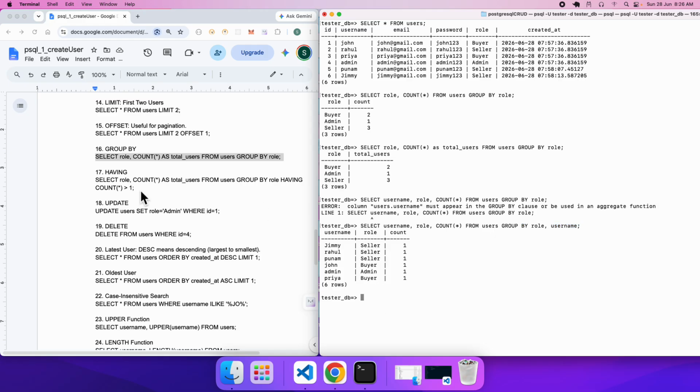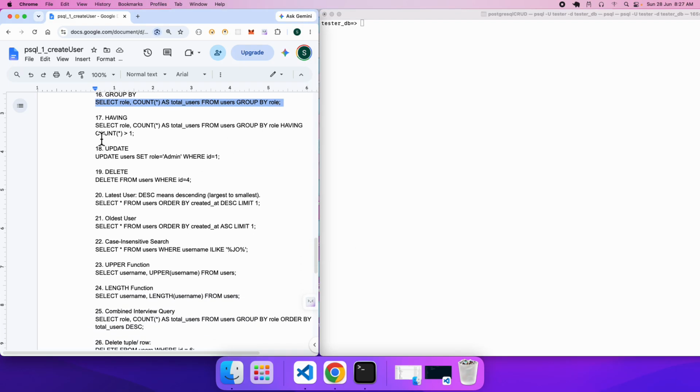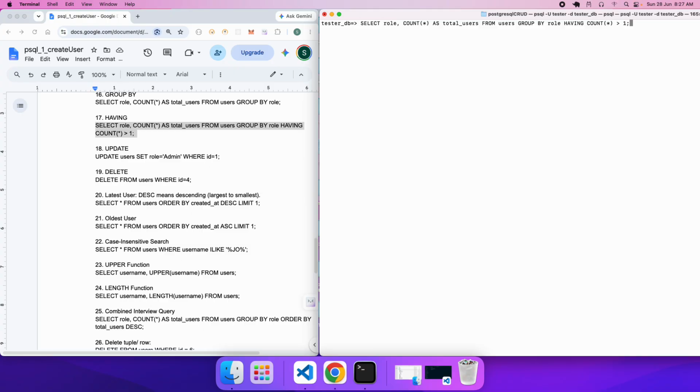Okay, now let's move to the condition, where we have just written a group by, but along with that we can also go for a condition, right? So let's put the condition in the next section. Let me clear the screen once again, and now we come to the having clause. I want to see the role, and I want to count as total. So we have again gone for an alias heading from the user table, group by role, which was perfectly fine,